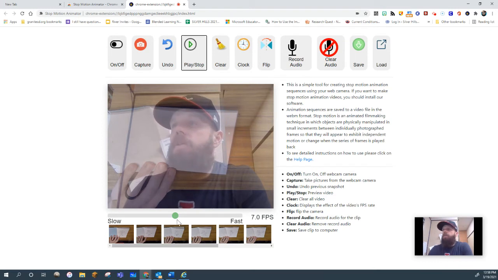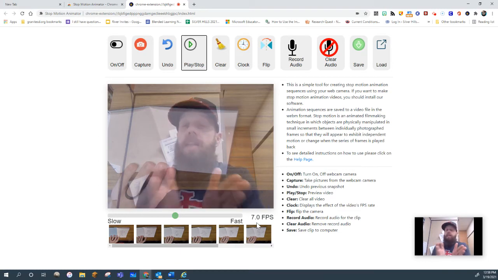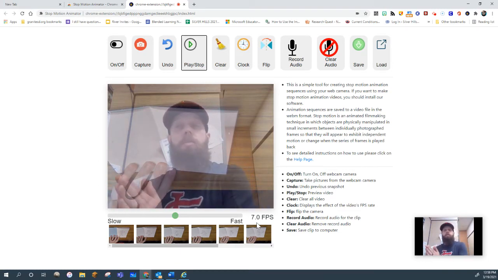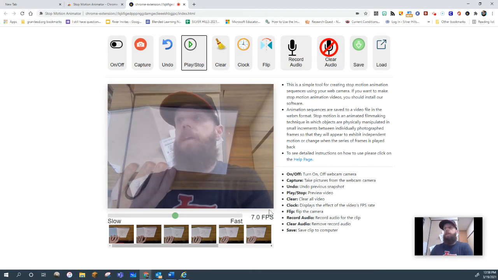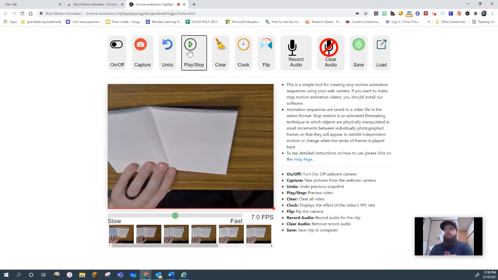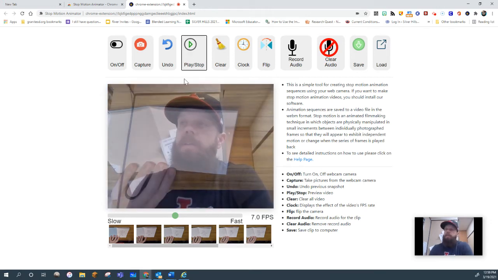If I want to slow down, see it says 7.0, and the FPS means frames per second. That's how many frames or how many pictures are going to be played in 1 second. Okay, so I think I only had about 7 pictures. So if I hit play, I have about 1 second or a little bit more than 1 second of a video. If I slow it down to 2 frames per second